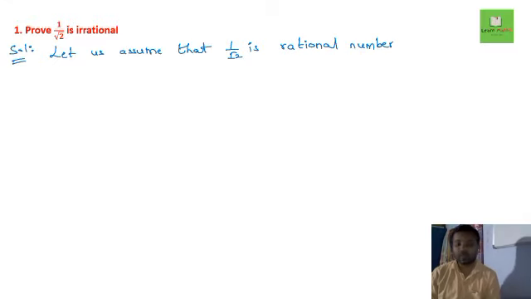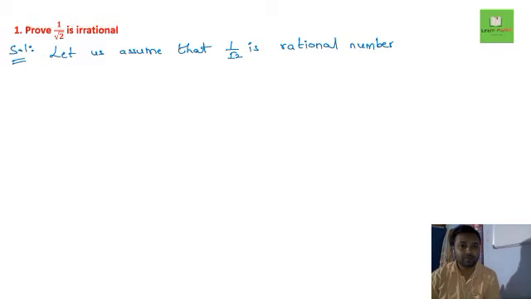As far as we know, real numbers can be either rational or irrational. So directly I don't have any way to prove it is an irrational number. So I consider that the number is a rational number, and now I am going to prove that it is not a rational number. If it is not rational, automatically it will be irrational. So first of all I assume 1 by root 2 is a rational number.